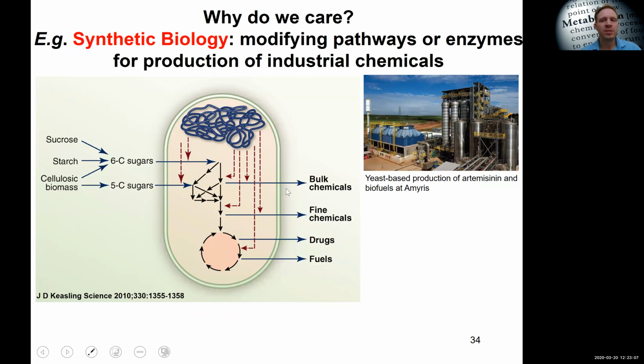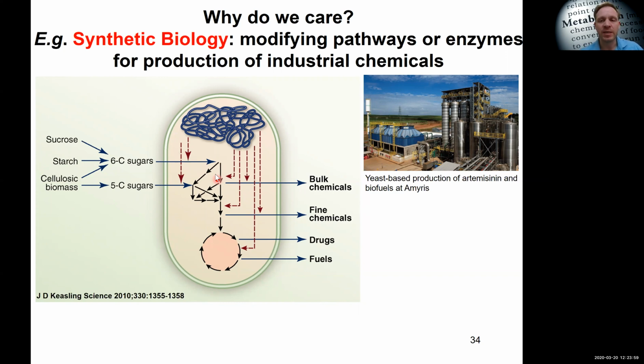Then we can also use the understanding of metabolism to produce these compounds, not just the discovery of them. We can use our understanding of microbes here and of their metabolism to actually introduce different enzymes and then make these microbes essentially produce chemicals of interest. And so this is called synthetic biology or metabolic engineering, where once we know the function of, say, an enzyme from a plant that produces a metabolite that can be a drug, a therapeutic, we can then use our understanding of the metabolism of this microbe, introduce this gene in the microbe so it produces our enzyme of interest. And so then we can extract. The enzyme will be active in the microbe, it will produce a metabolite,